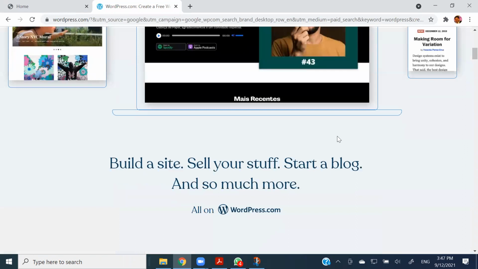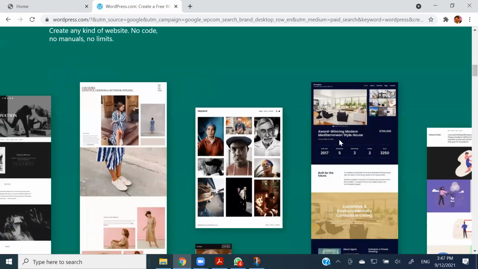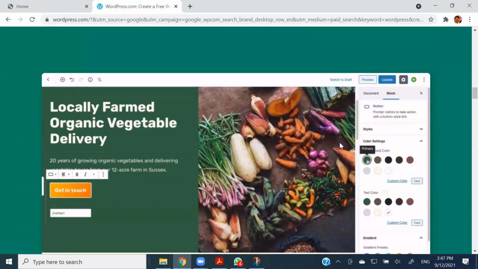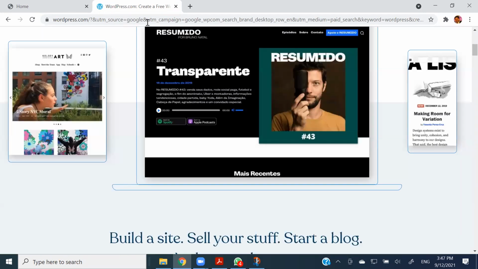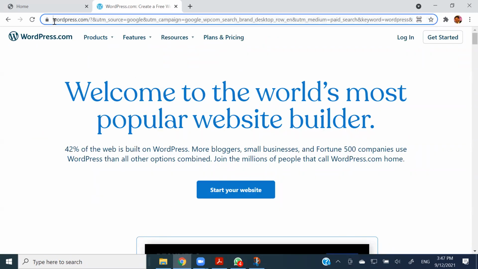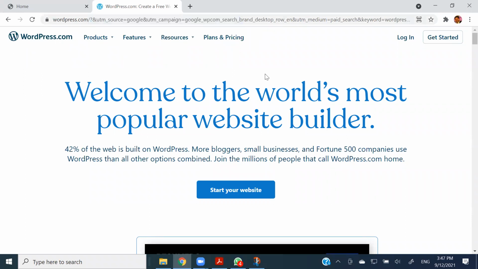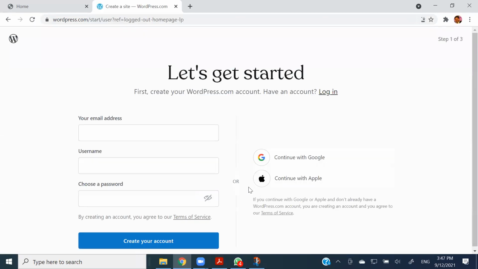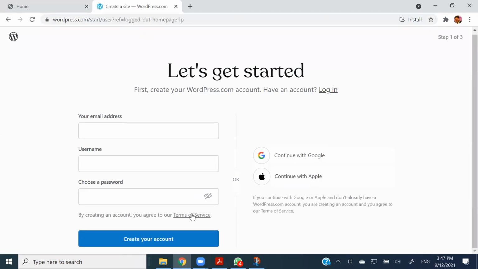And they will instruct you how things are going to happen, right? So you can create very nice things. Don't worry about the domain name for the moment. You start this for free, with wordpress.com/ and your name. So don't worry about that. You have to create an account for the first time, then you can